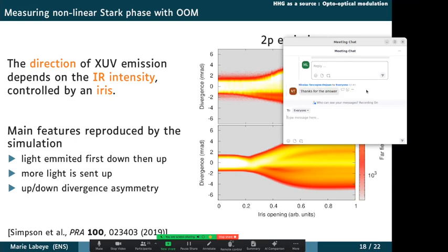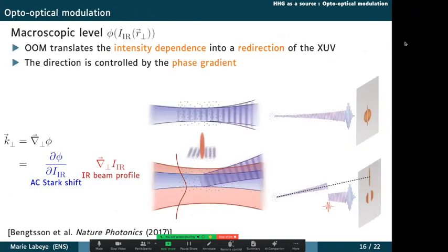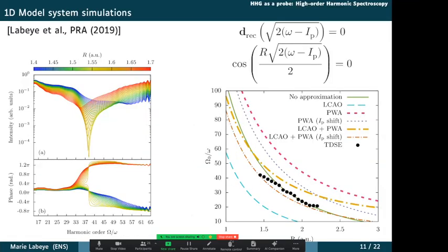I was wondering about what you showed. Did I understand correctly that for your simulations, I think it was on the CO2 molecule where you were calculating this minimum? Yeah, so it's not really a CO2, it's really a 1D model system. So it's hard to call it CO2. And I think it was more an H2. It had the same IP as H2, but even H2 is a bit over.